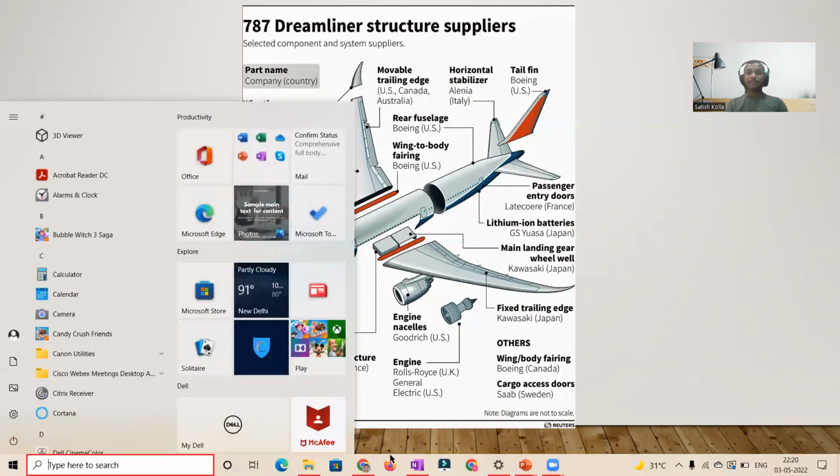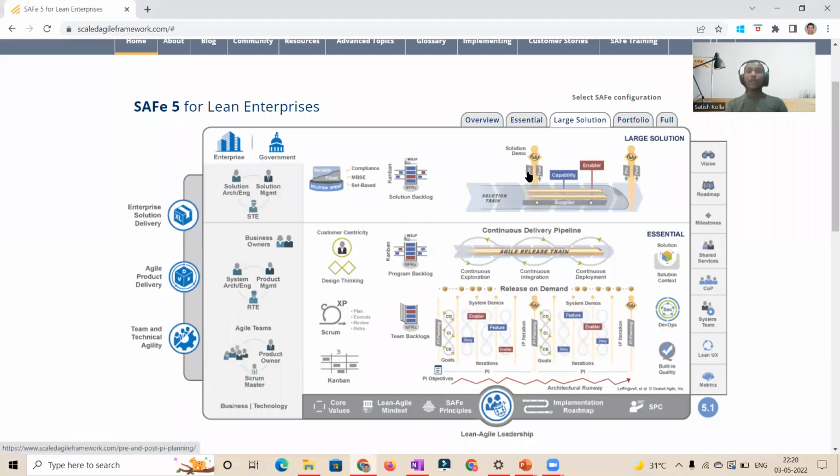That is where, from the large solution perspective, we have an additional concept called pre-PI planning and post-PI planning, which means before going for the actual PI planning, we will be doing a preparation in the form of pre-PI planning, where we will be bringing up all the third parties, vendors, suppliers, and all the release trains, the solution level into one common discussion and set the context of what we achieved till now, what our future plan is, and where our support is required from our